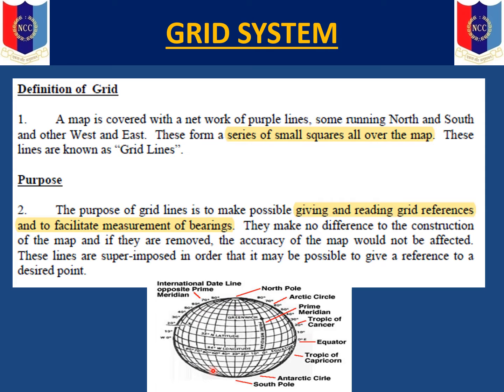Now here you see the globe. You can see the equator running at the center. The Tropic of Cancer is in the northern hemisphere and the Tropic of Capricorn is in the southern hemisphere. It lies 23.5 degrees up north here and 23.5 degrees down south here. We've got the South Pole and the North Pole.